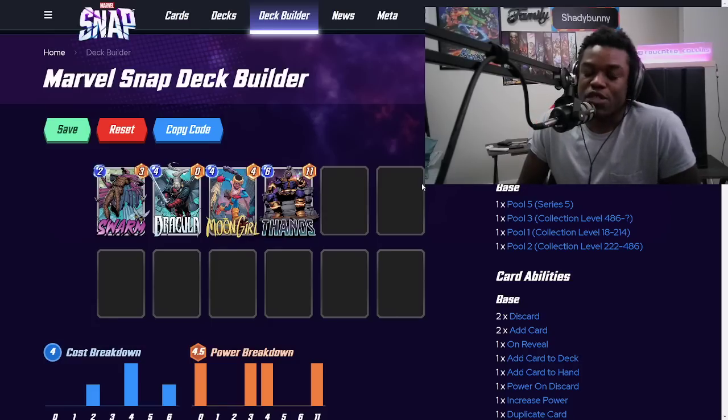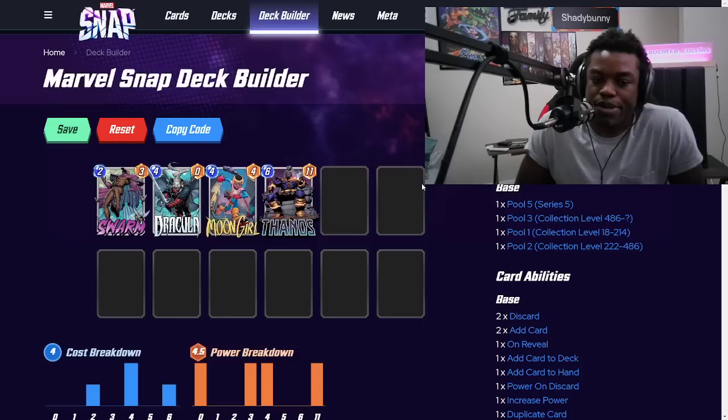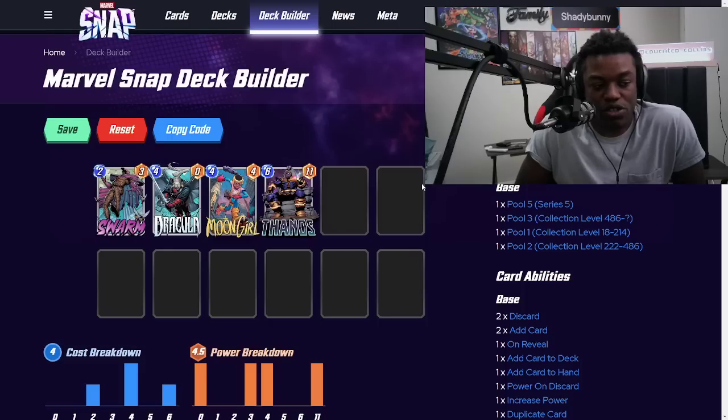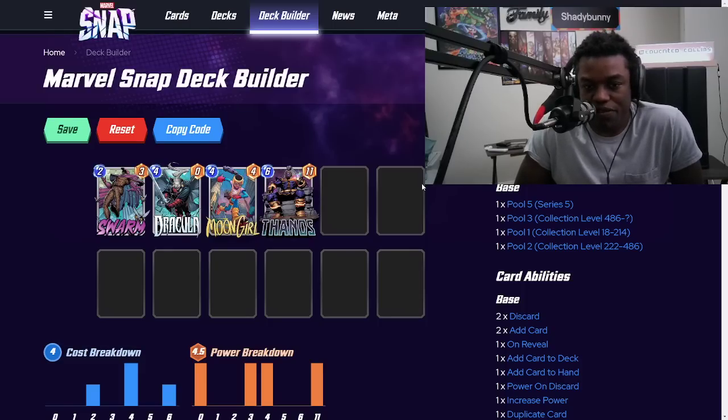Draw actually is pretty rough with Master Mold because when you're doing draw, things like Moon Girl, you want to draw your core cards. You want to draw your important tools, right? And if you're trying to copy a specific type of card, then Master Mold gives you 6 cards out of 4. Well, now you're not going to